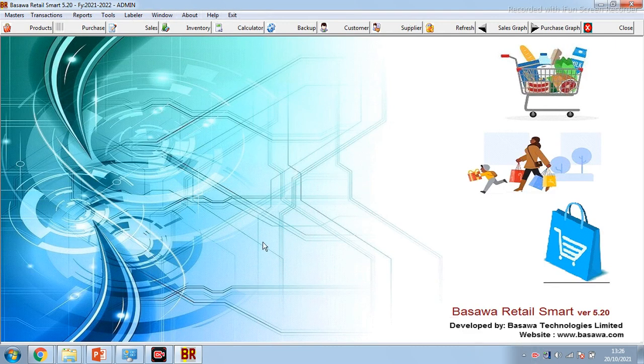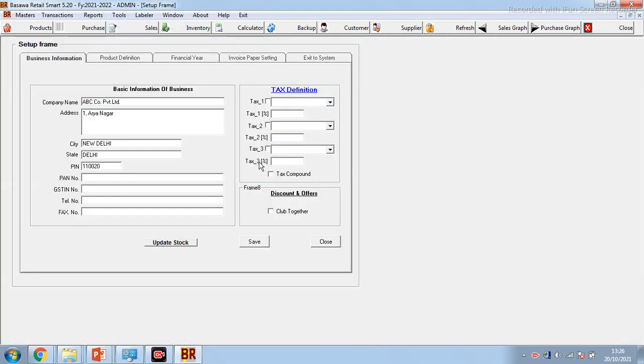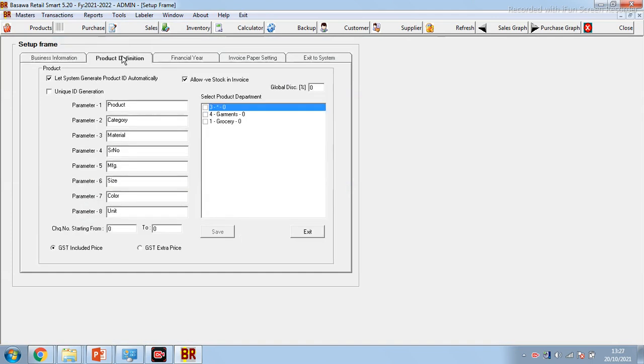Before starting the software, you have to go to tools and setup. In setup, you have to enter your business information: your company name, address, city, state, PAN, GST number, etc. Then product definition, which is a standard processing definition. There are 8 parameters. In parameter 1, I define product.